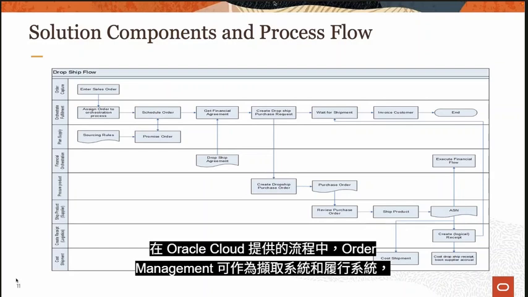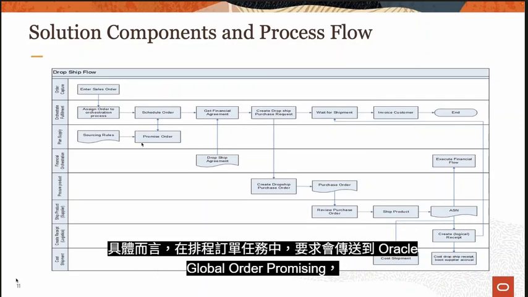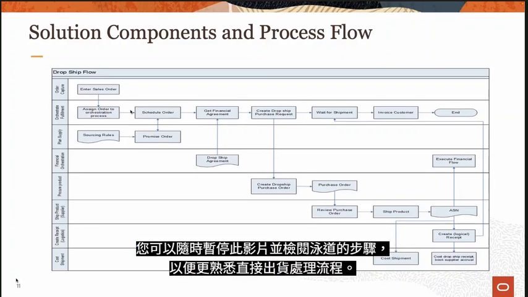In Oracle Cloud's delivered flow, order management serves as both the capture system and the orchestrator for completing the sales order flow. Specifically, in the scheduled order task, a request is sent to Oracle Global Order Promising, which then utilizes your sourcing rules and other configurations in order to arrive at the best method of promising the order. When GOP uses the dropship flow, the order gets promised from a supplier. Feel free to pause this video to cross the swim lane to